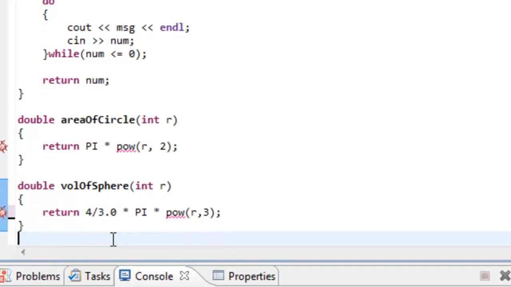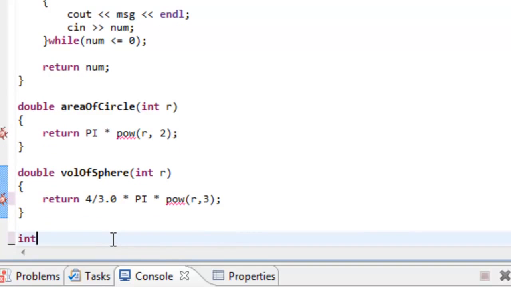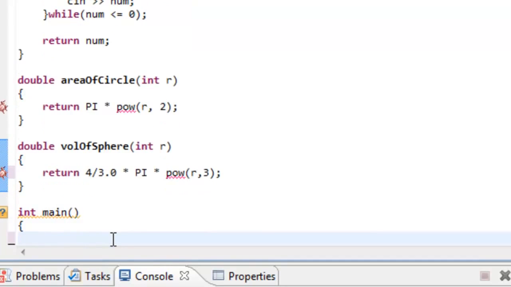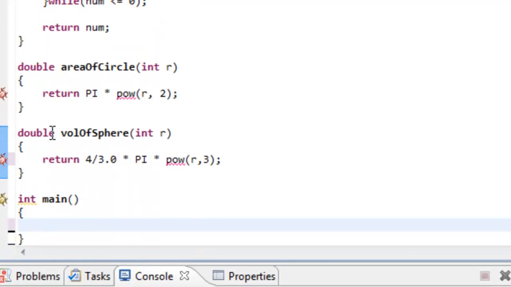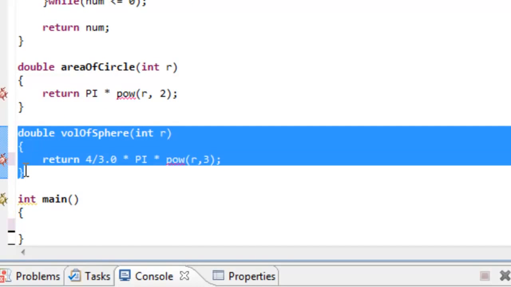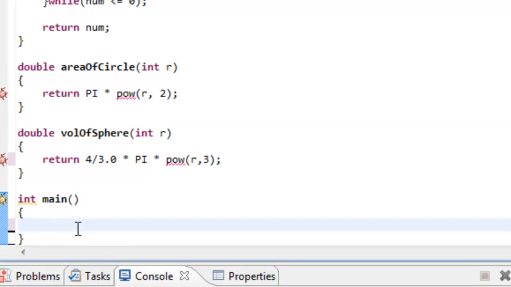All right, so now I think we're ready to move on and write our main function. So int main, open paren, close paren, open brace, close brace. Now, one thing that you'll notice here is each of our function definitions is separate from the other function definitions. So none of these function definitions are inside of one another. So you don't find the function definitions inside of main. They're separate from main. Okay, so inside of main, we will just simply declare a variable and call it radius,